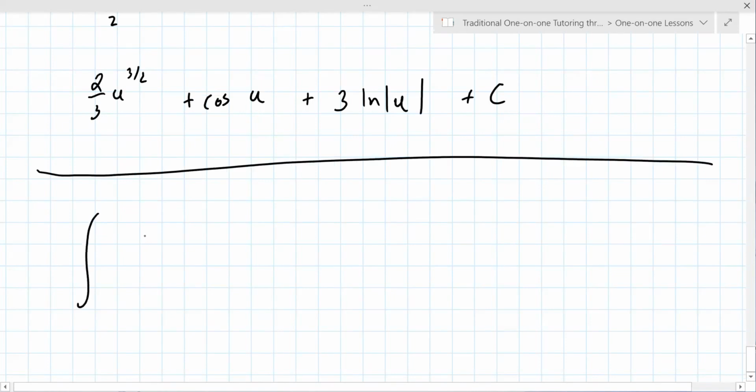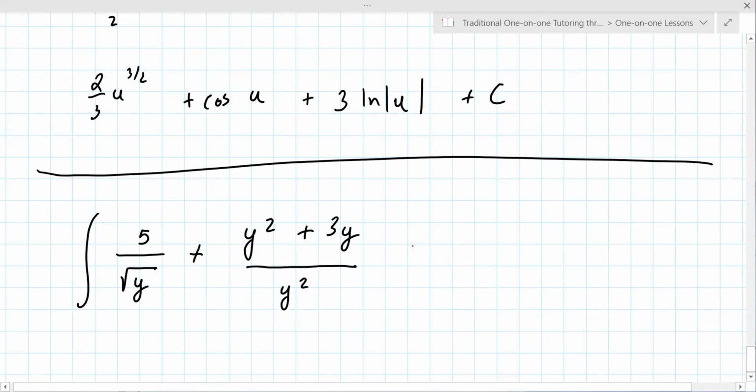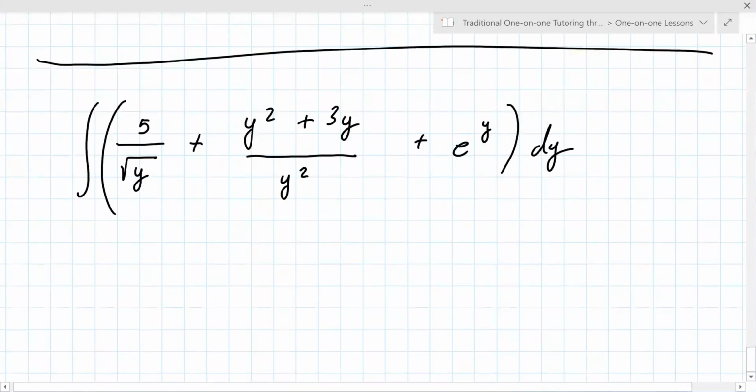Integral 5 over square root of y minus y squared plus 3y over y squared plus e to the y dy. So that's gonna be 5 over y to the halves plus